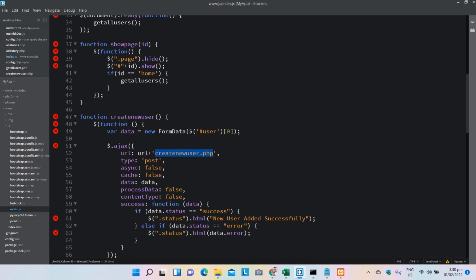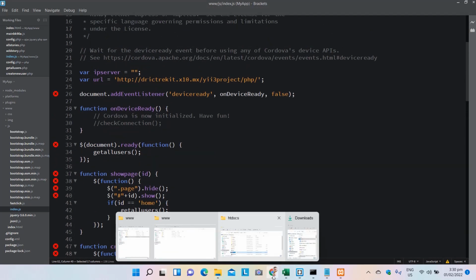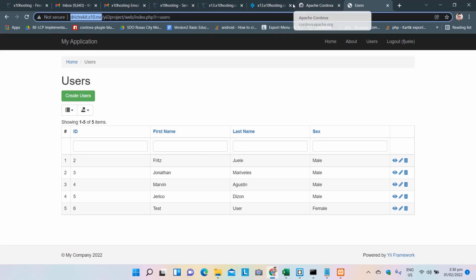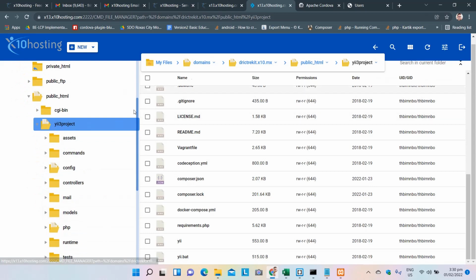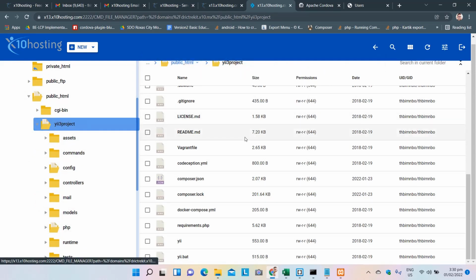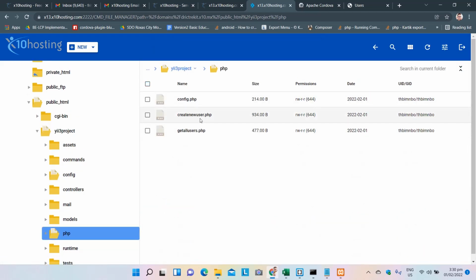we're going to access. Okay, so this one actually, this points to, if you would check on the online system, it's going to point here. Okay, Yii project, then PHP. Okay, so it's going to access this folder, and for pulling of the data, it's going to